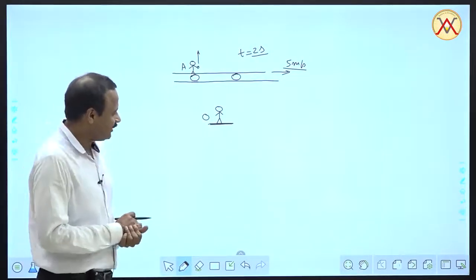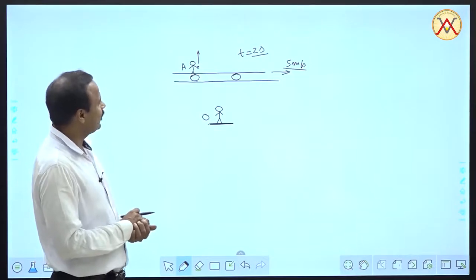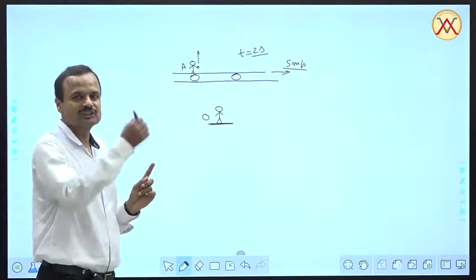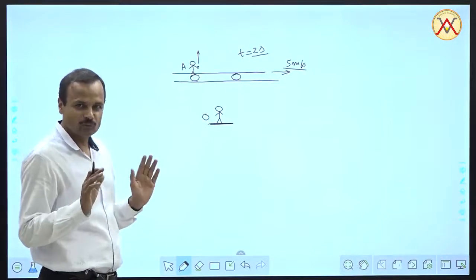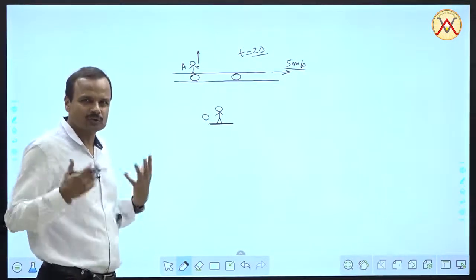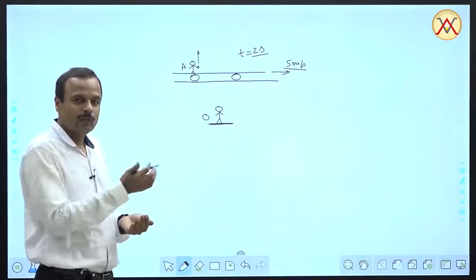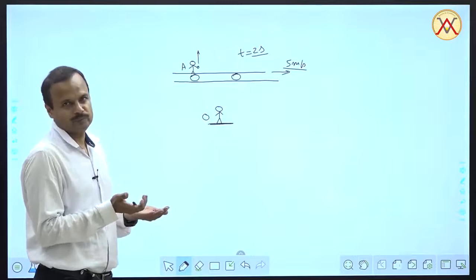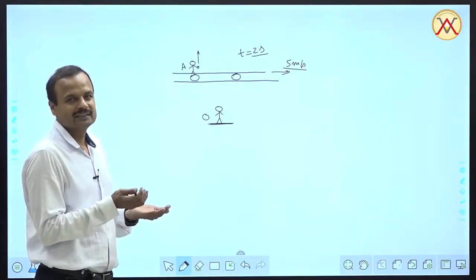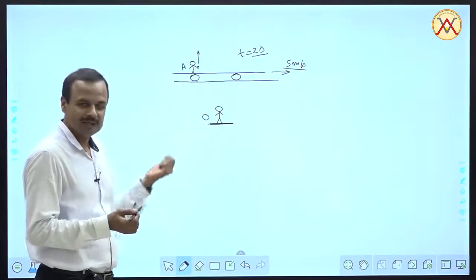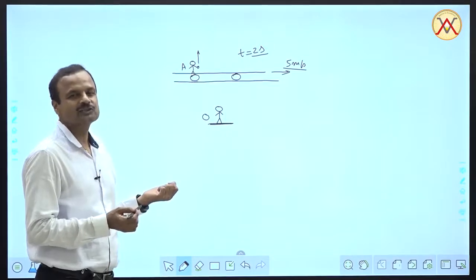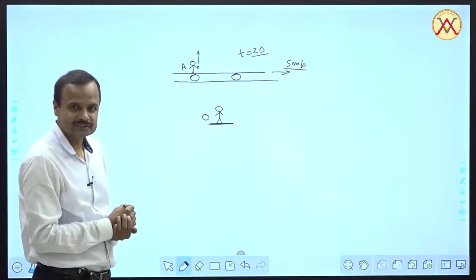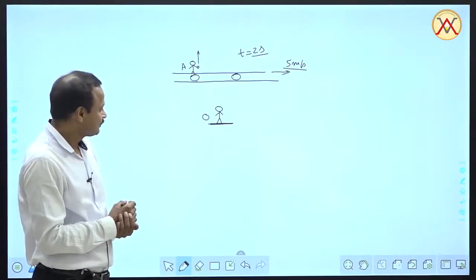See, if we think from the point of view of this person, he threw the ball straight up, he is not moving, and of course with respect to himself he cannot move anyway. The ball lands in his hands. What does it imply? It implies that the motion of the ball must be a straight line, up and down, back in his hands.